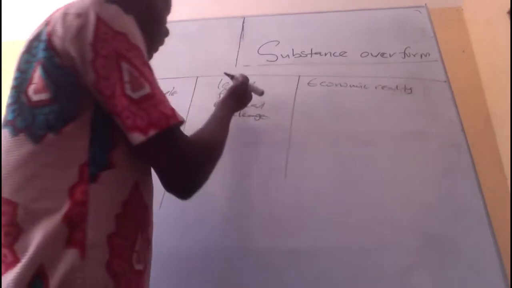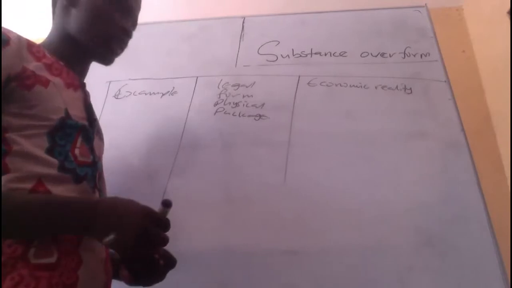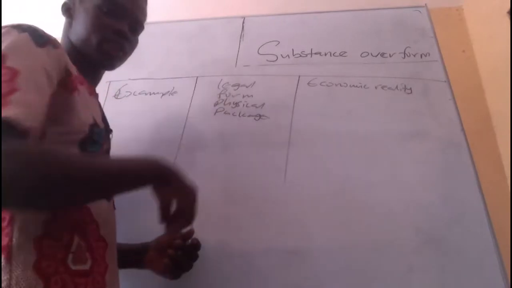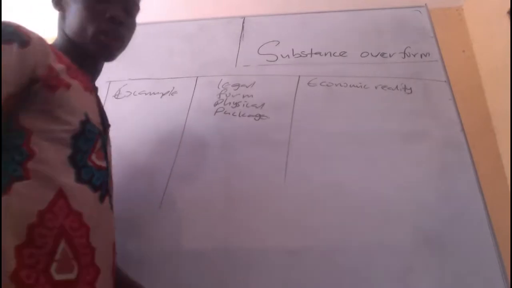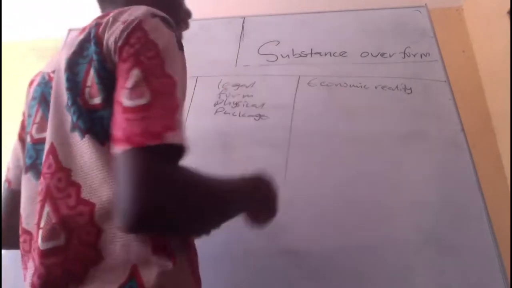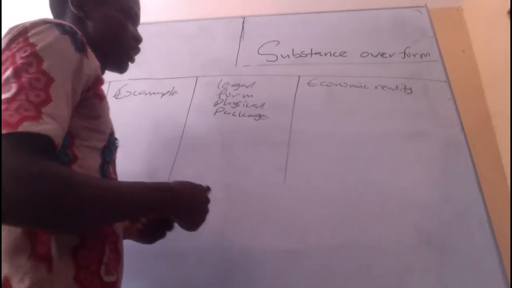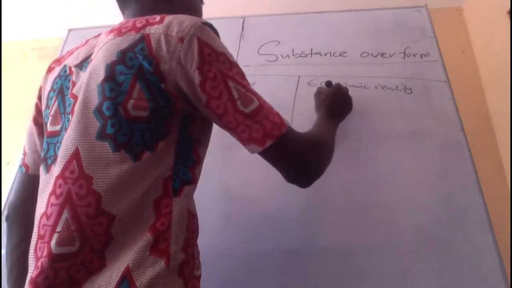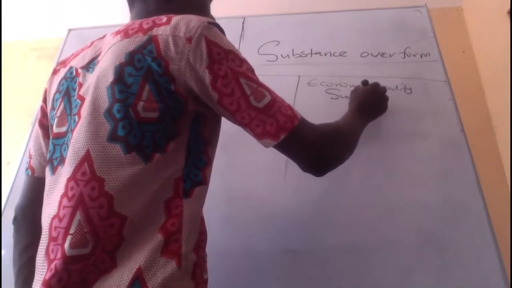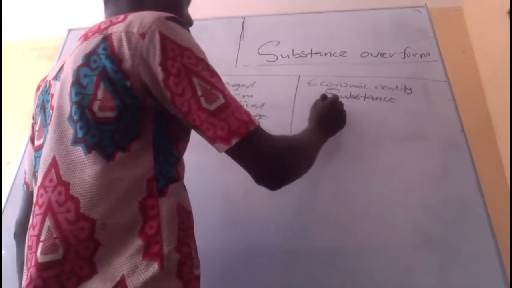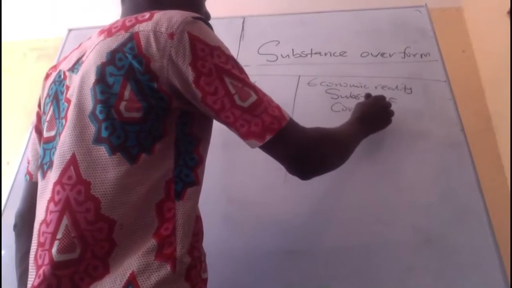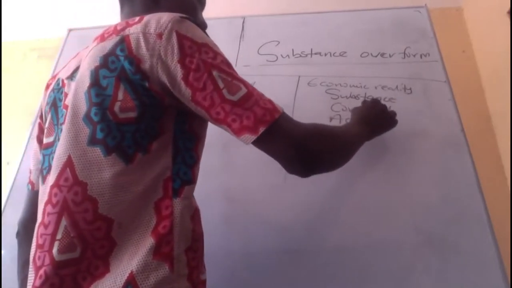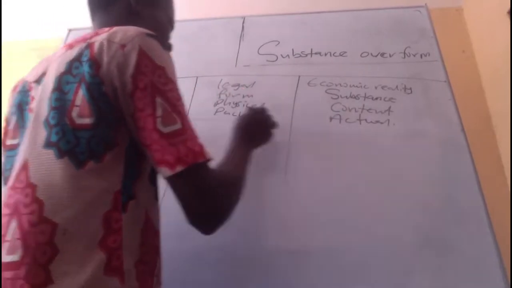Sometimes how we see the thing is not the actual content or the actual detail or the reality of it. So you have the physical version of the transaction, what you can see, but the reality of it is the economic situation, or the substance. Then I also call it content, or the actual. So these are the names.